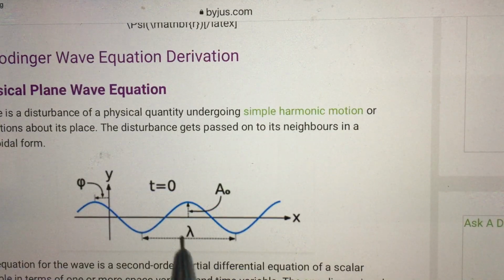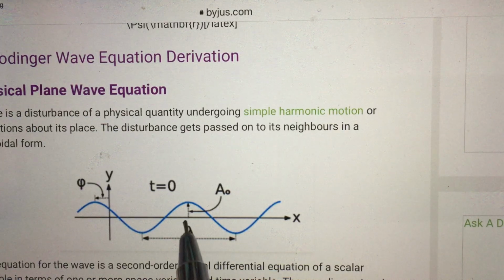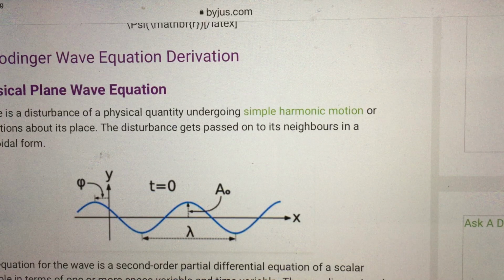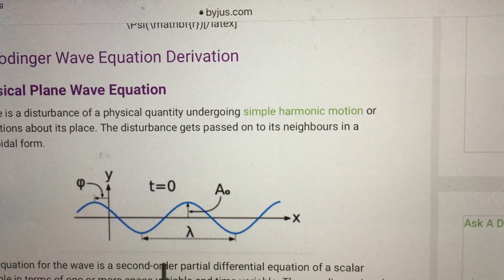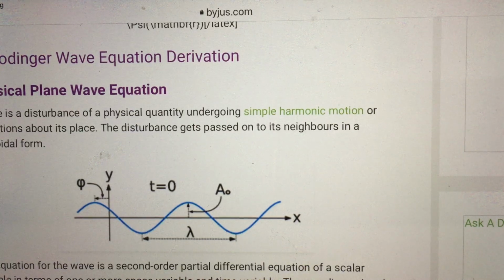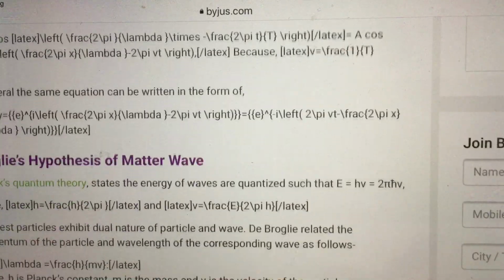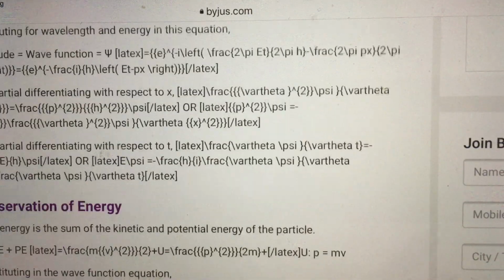You notice that a wave can have a positive direction and a negative direction. Therefore, the psi can also be positive and negative. The sign of the psi is indicative of direction only, but it has nothing to do with charge of electron. What exactly do you mean by psi? Psi itself has no physical significance, but psi square represents the most probable space of finding an electron around the nucleus.